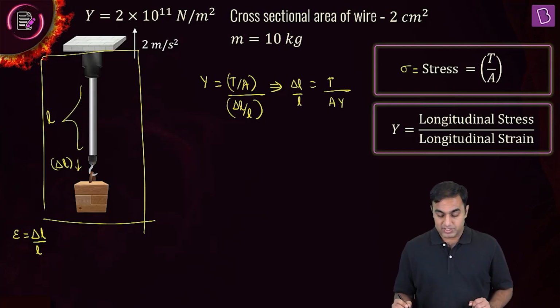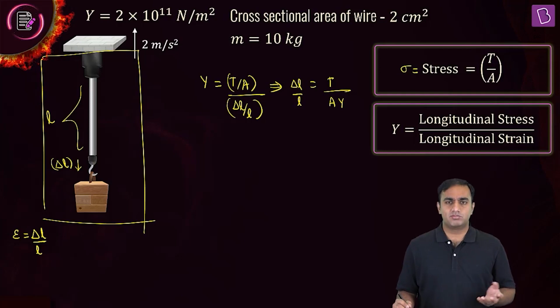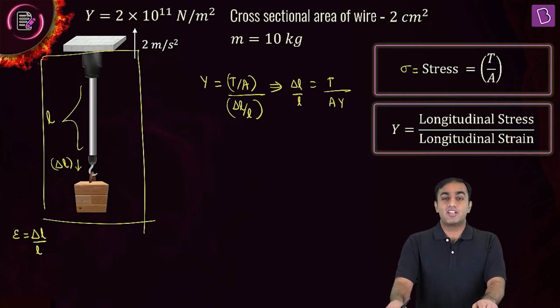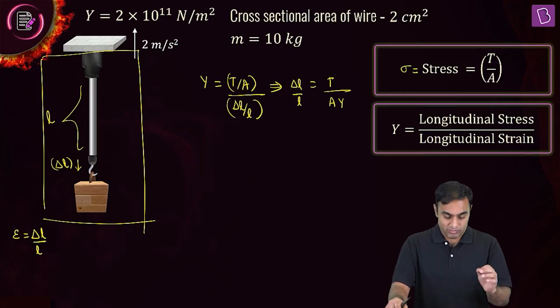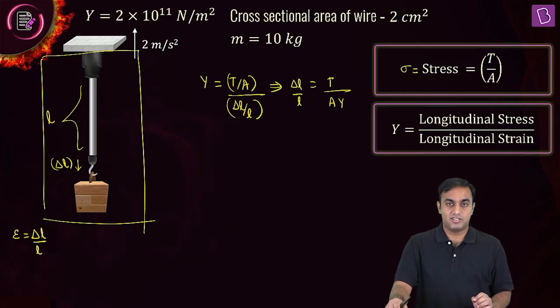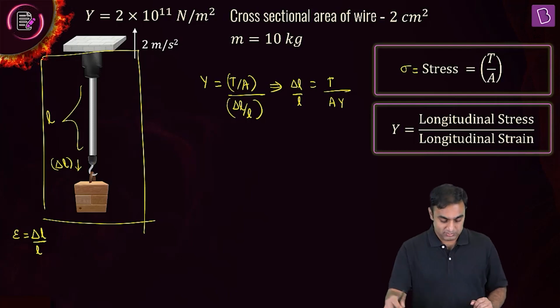We are given the cross-sectional area of the wire, and we also know Y, the Young's modulus of steel material. But we don't know what is T, the tension in the string. Let's find out. We can consider a free body diagram for the mass here under the given circumstances and apply Newton's second law of motion and find tension in the string. How? Well,